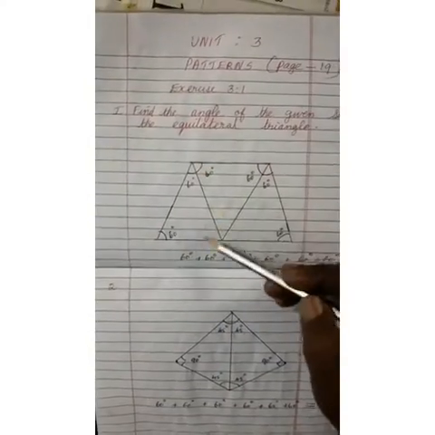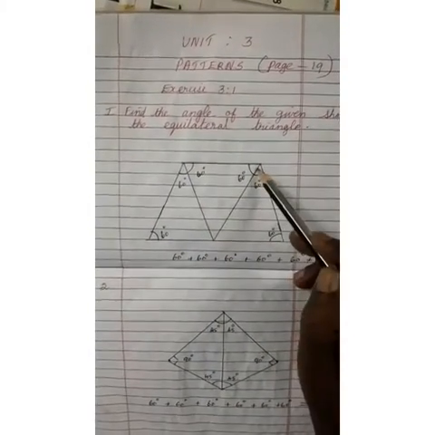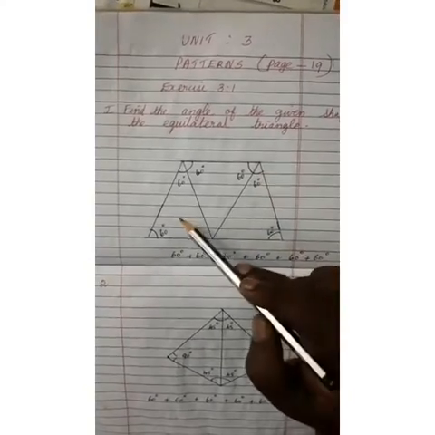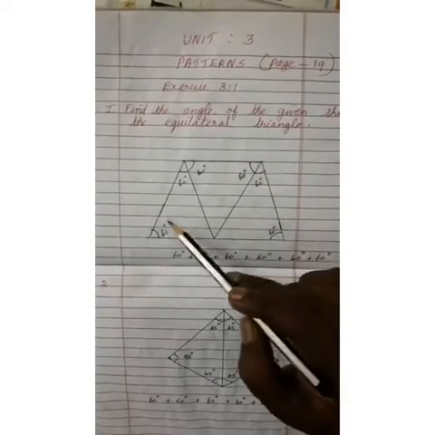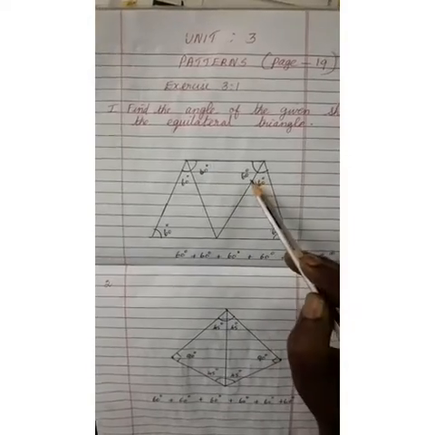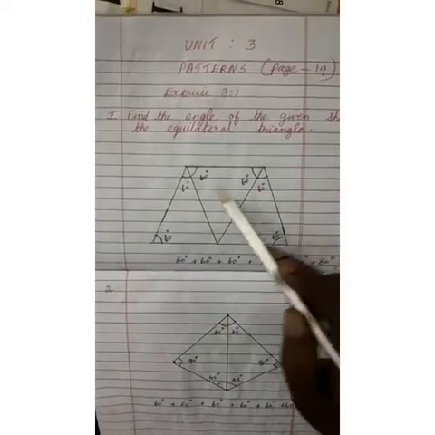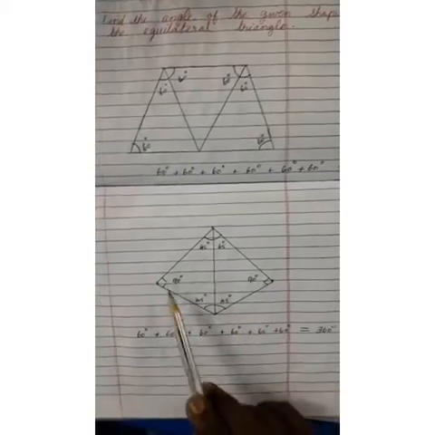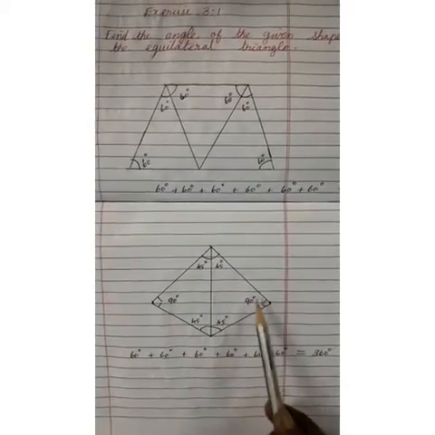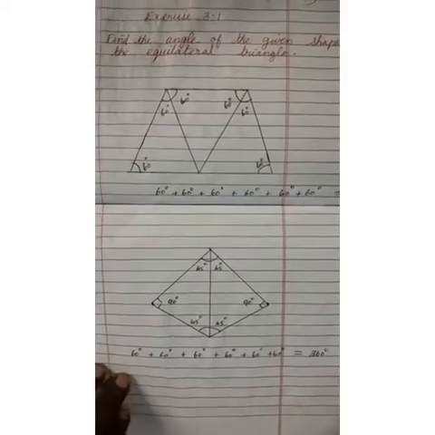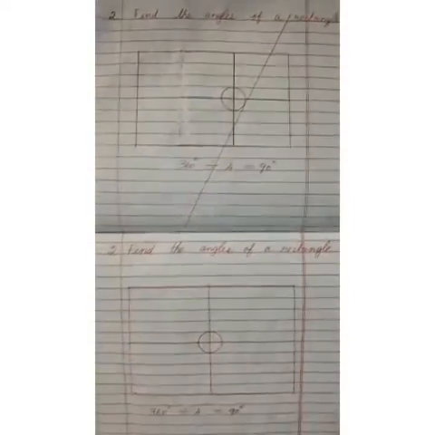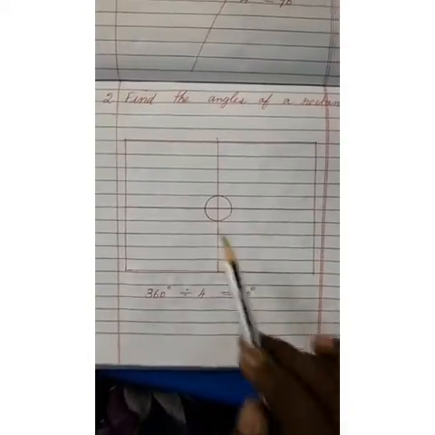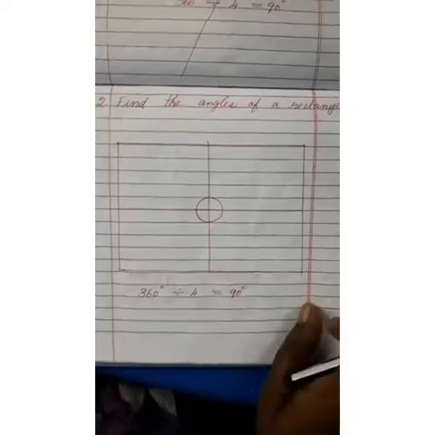Here one triangle is there, like this way one triangle, here one triangle. So 3 triangles are here. All together all the triangles 60 degree each, so all together 360 degree. Here you can see the shapes, 45 degree, here also 45 degree, 90 degree, 45 degree, 45 degree. Now totally it will come 360 degree. Now you can see the angles of rectangle shape, using a circle. 360 degree divided by 4, it comes 90 degree.